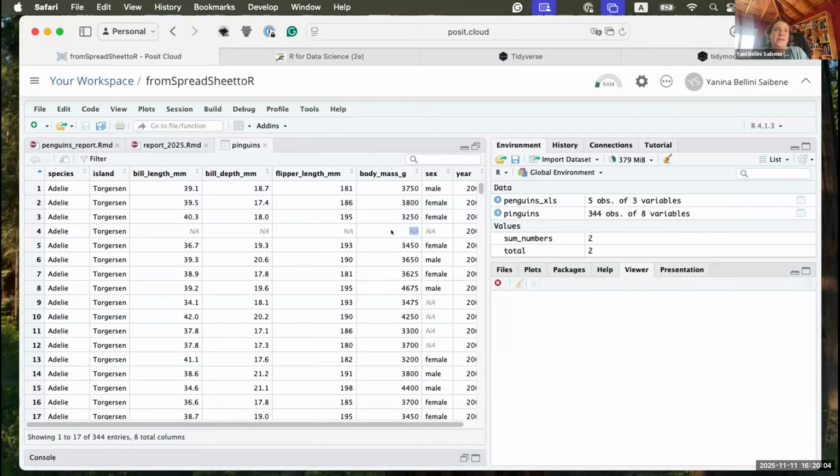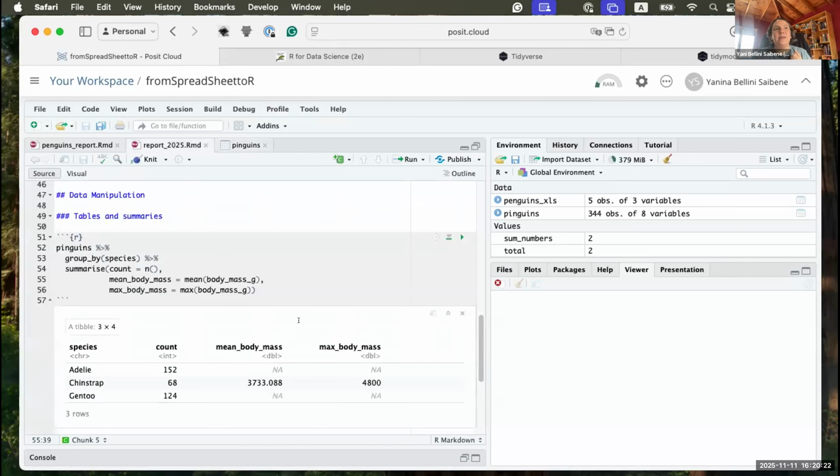This missing data can be because in the original data set was like that, or because it was in a different type than the rest of the column, and then was dismissed when R read all the values. So what we need here is to be able to calculate the mean and the max anyway, even when we have